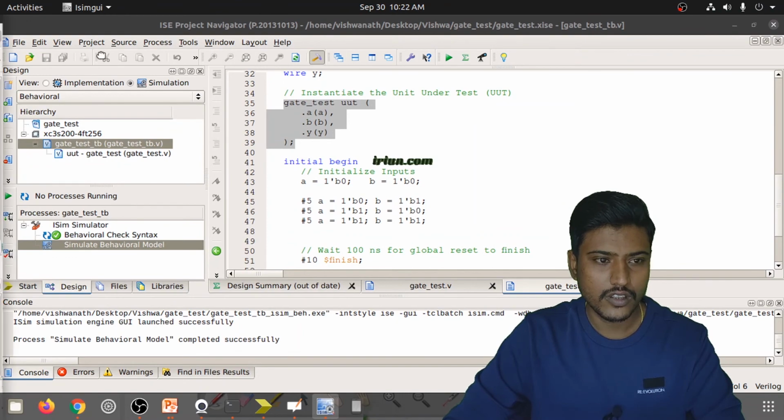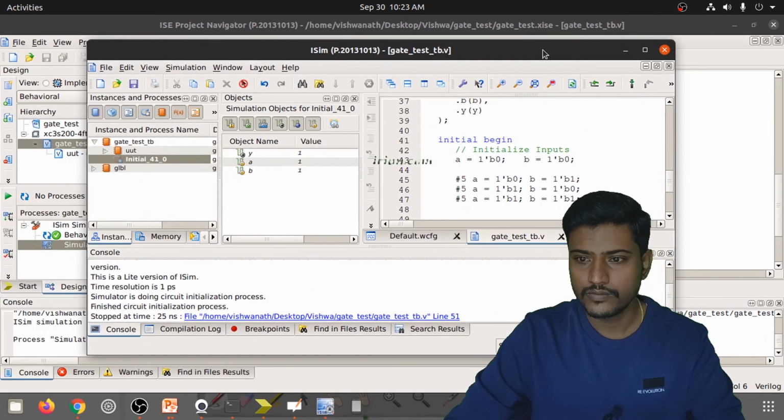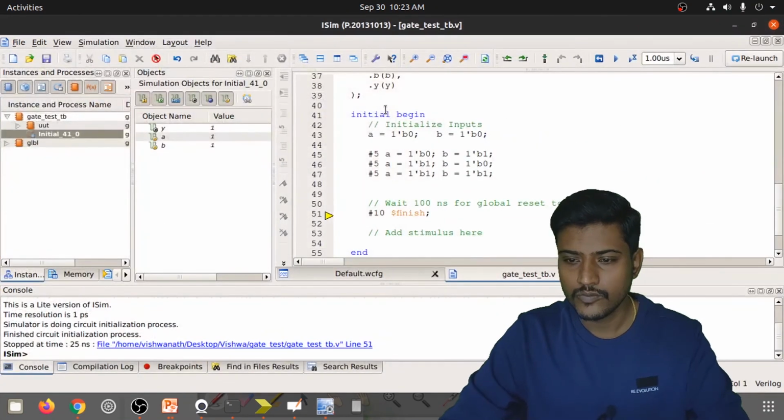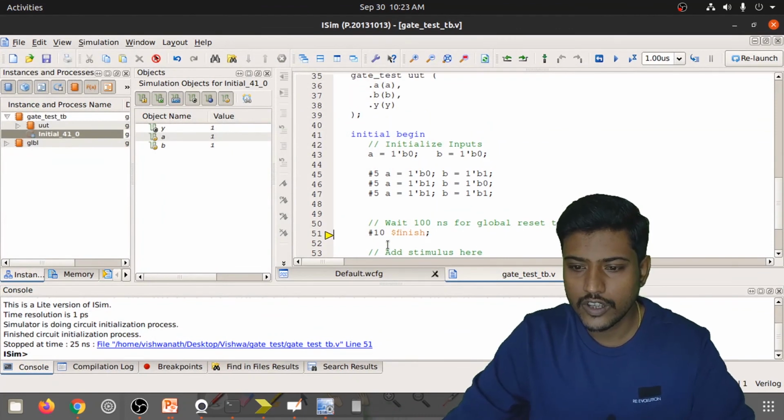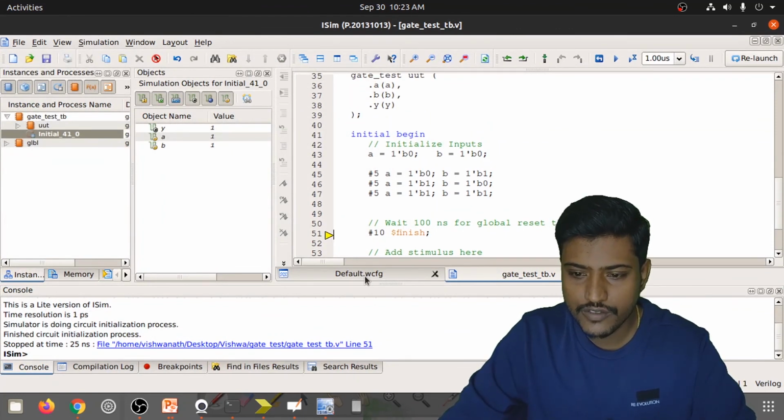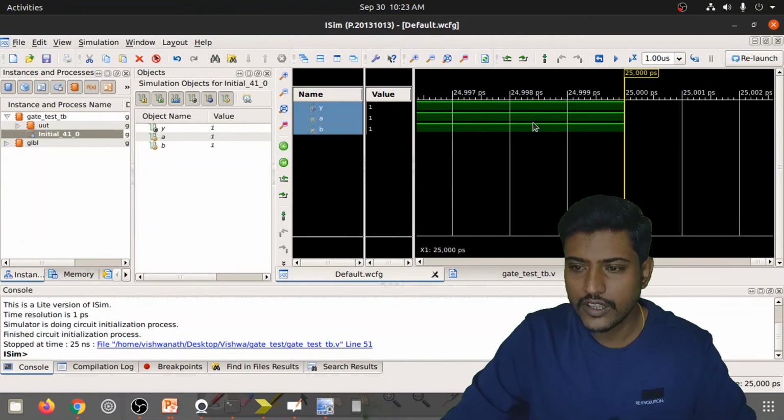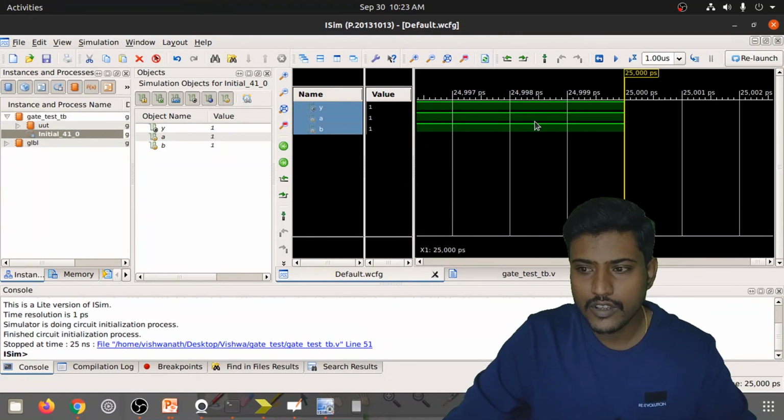Okay, it is here. Here you can observe the waveform format is WCFG, default WCFG. Just click on this tab. As we said, it is going to stop at 25 nanoseconds.